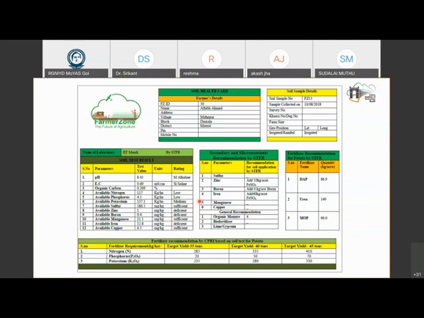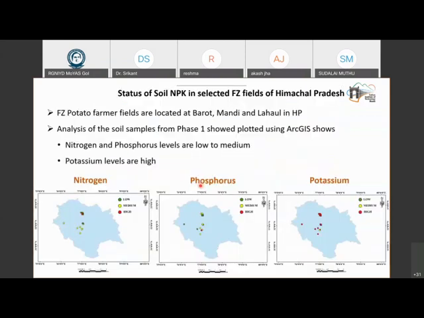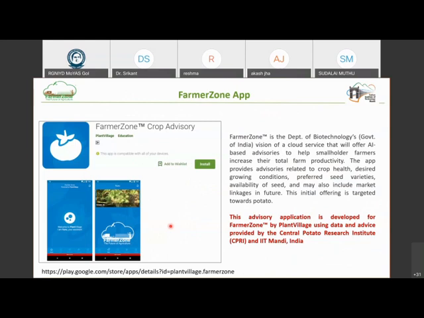So we thought we are solving 2 purposes here. First, we are collecting the data and we are offering a free service to the farmer, which makes him loyal to our program. And we are getting reliable data because we know we collected the data, we are measuring it, and therefore we can build reliable data models for what might be required for that region. And so we've actually created soil maps for different regions of the states, showing what is the requirements across different geographies. Then we developed the app for the delivery of advisories to the farmers.